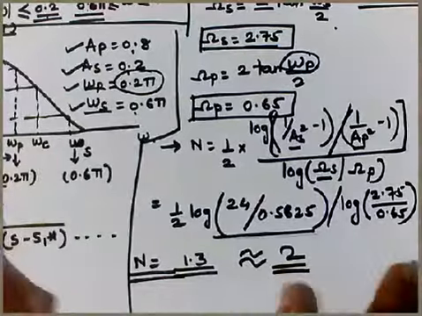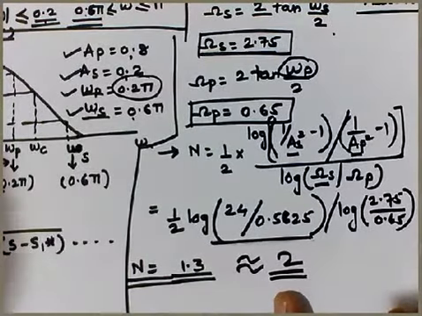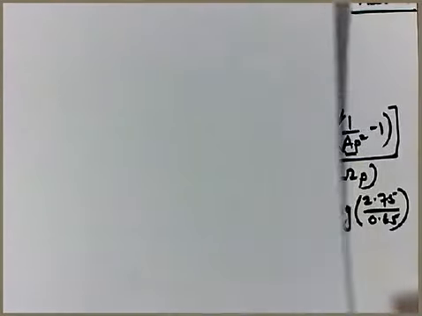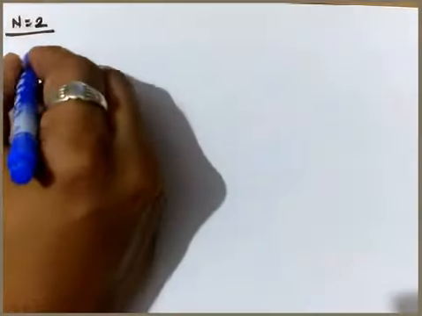In the further solving of the numerical, we will just assume that the capital N is nothing but 2. So once we got it, let's proceed to calculate the next values. Once ΩC is obtained, we can proceed to get the further values. So in the numerical we obtain the capital N, that is equal to the value 2. Now let's proceed for the next value, that is the calculation of ΩC.